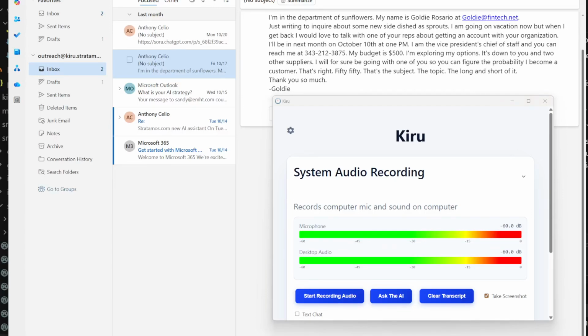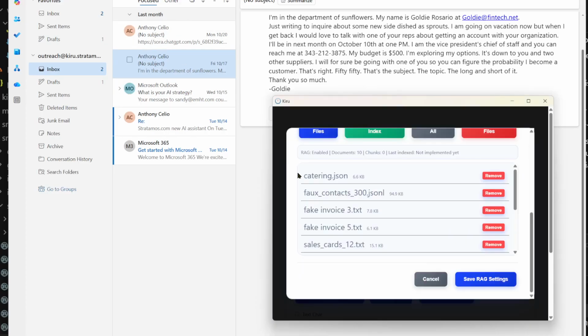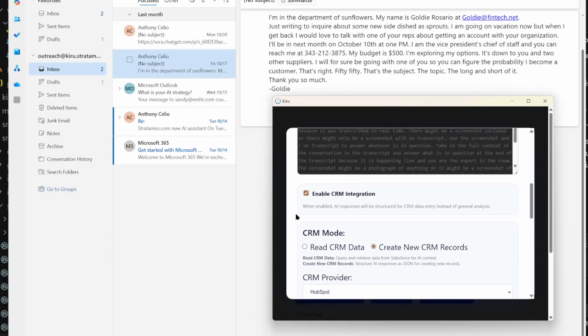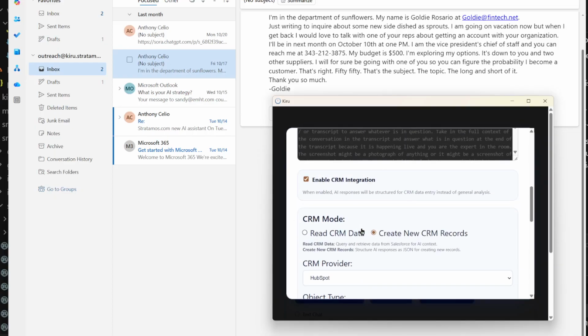Here's how the desktop app Kiru can use AI to boost your productivity when working with HubSpot. So we have an email inbox open, this email on the screen, going into the general settings, CRM mode enabled,